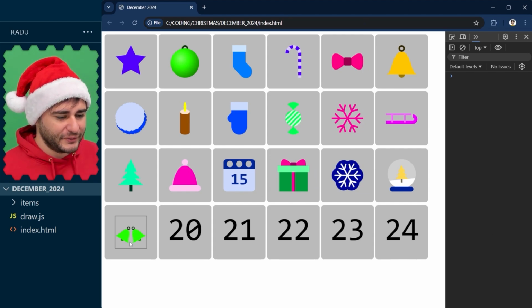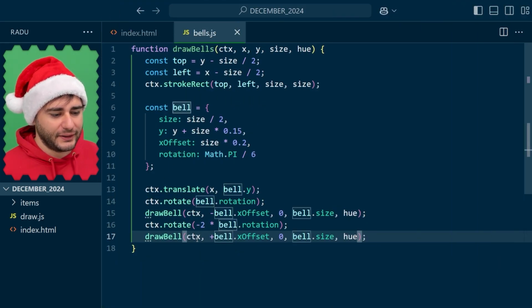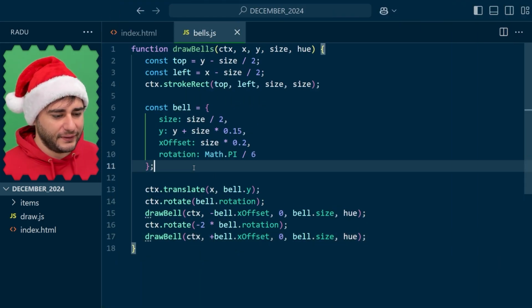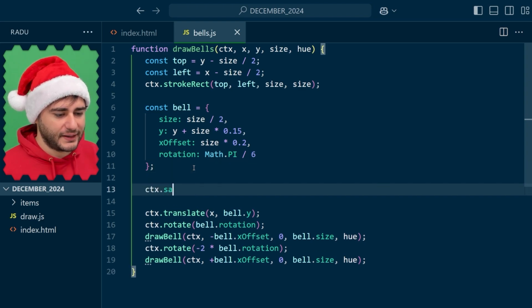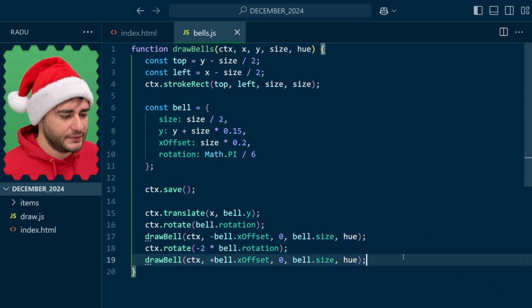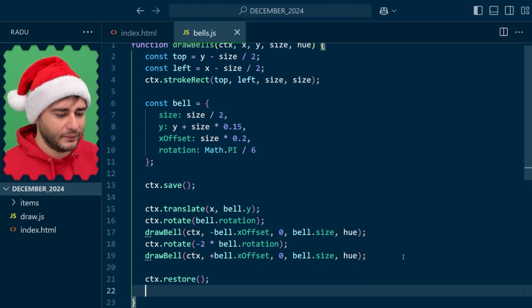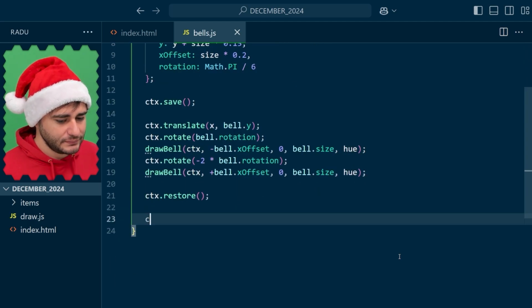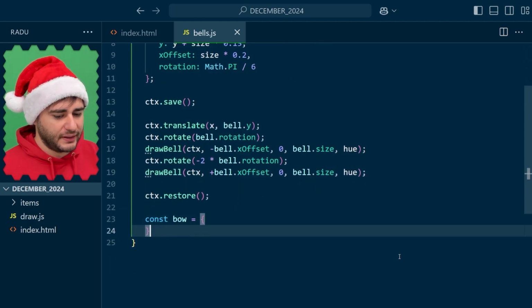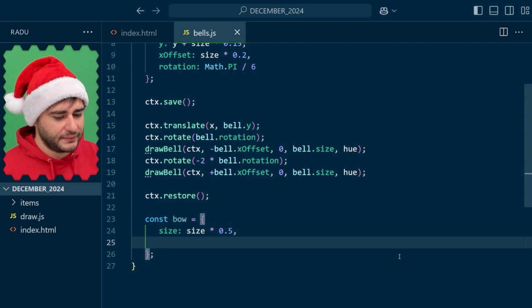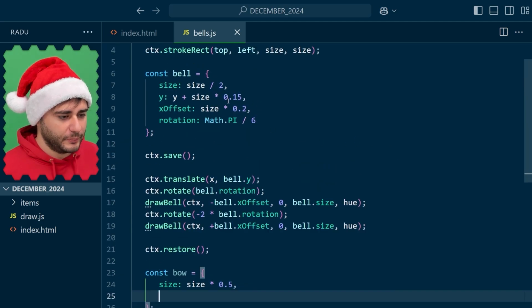Nice. All we have to do is draw the bow, but because we have translated, rotated, done a lot of crazy stuff here, we go and save the state and then restore here after drawing these bells, so that we don't have to think too much about what the coordinates for the bow are. Now, it's gonna have a size, let's say 50%, and then the Y value, I'm just going to try opposite this one,